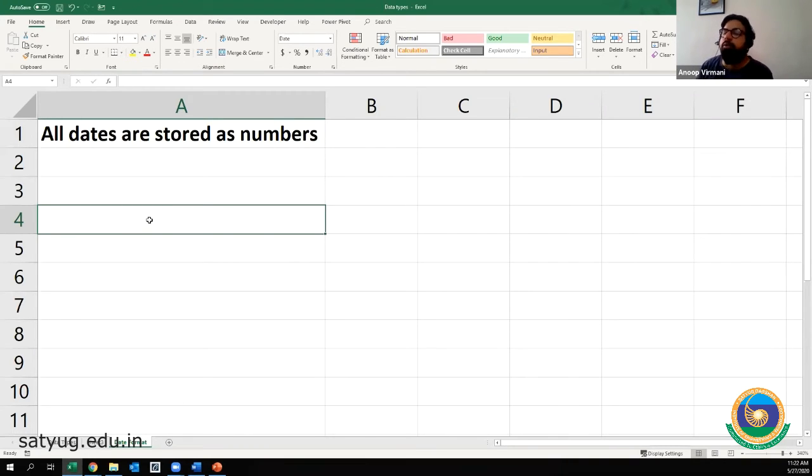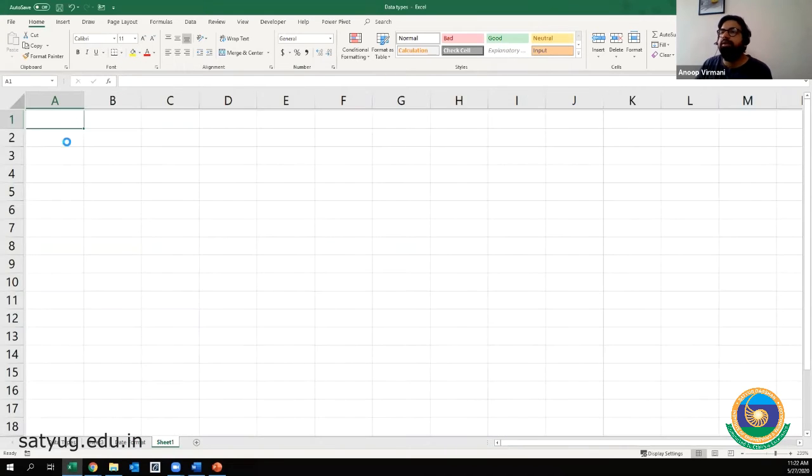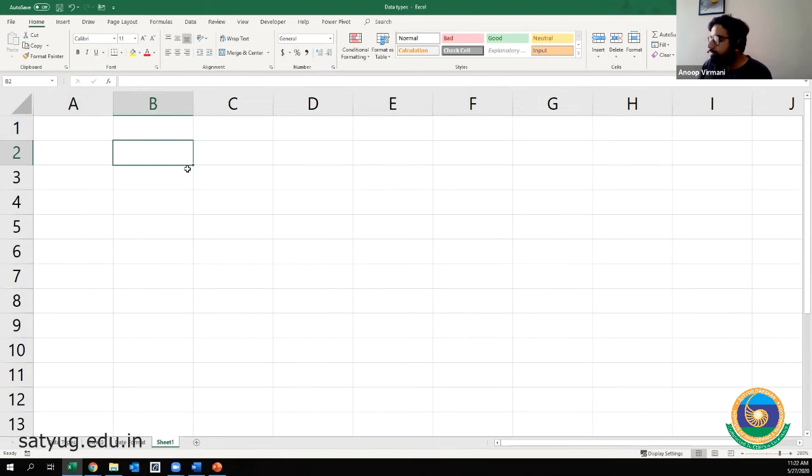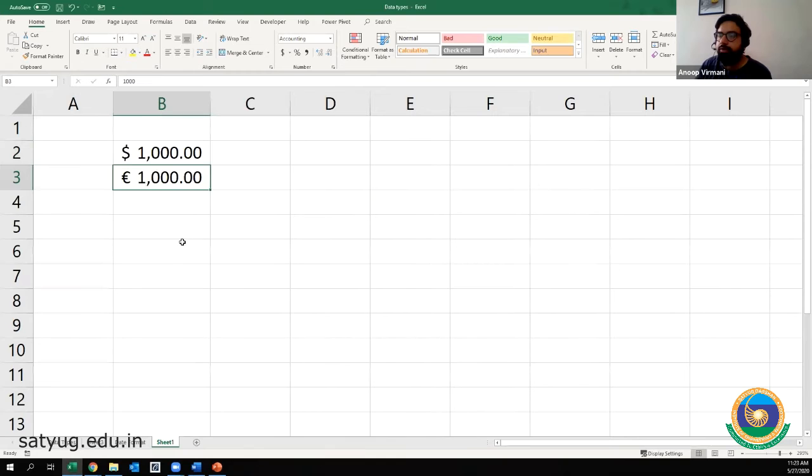Will it add euro and dollar? So let us see what happens. 1000. Let me do it on a separate sheet. It has taken the date format. So we have two numbers, 1000 and again 1000. But the first 1000 is an English dollar, but the second 1000 is a European euro, right?